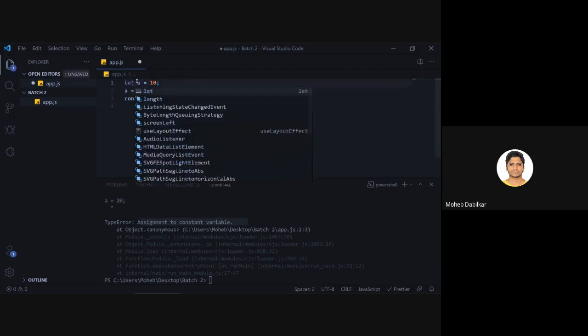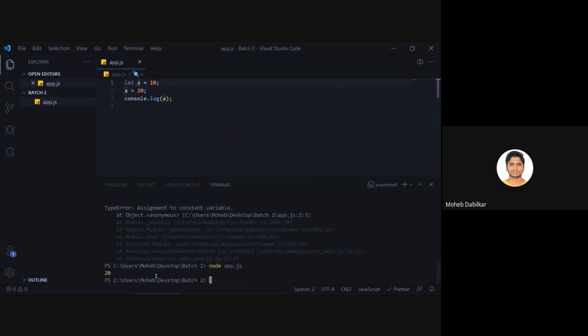But once you say let to this, it will allow you to run. You see it says 20 down there. So that is the difference between var and let, and why we don't use var. We can still use var if you don't know whether you will be mutating your object or not, and at the end you decide that this will or will not be mutated. For now we use const mostly when we are coding things dynamically or hard coding things. But for right now we will be using let and const only, no var.